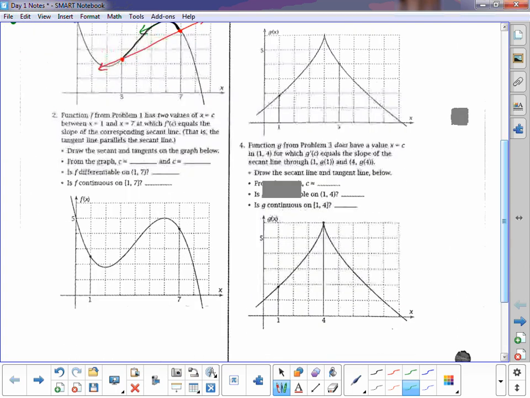All right, so now our next piece, same function, but now they're having us look at the interval from 1 to 7. Again, drawing the secant line. And they tell us that there are actually 2 values within this interval where we have that tangent line parallel. So we can see probably about here somewhere, and then,